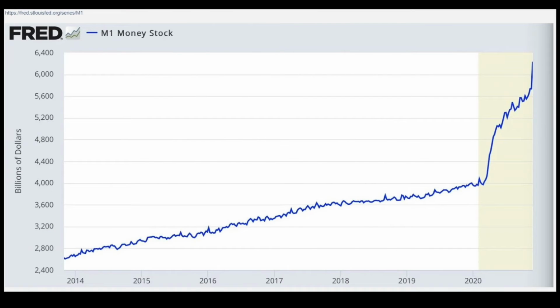This next slide here is looking at M1 money supply. And if you notice, since 2020, there's a very strong spike, not so much in the absolute value of billions of dollars, but in the slope of the line. And that's really our primary focus. Yes, there has been an increase in the money supply since 2014, even going back longer, but in the case of this chart, the slope of the line is our primary concern. And this is where you see a very strong inflection to the upside.